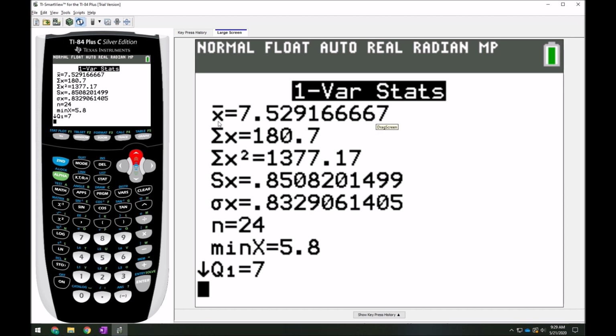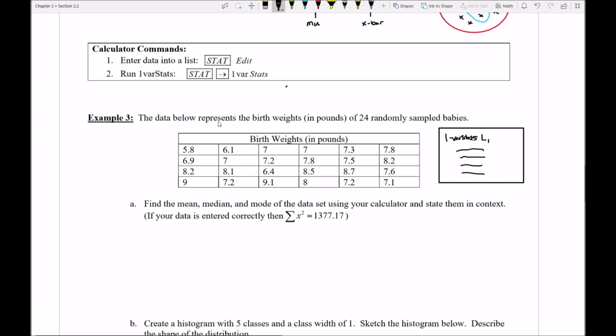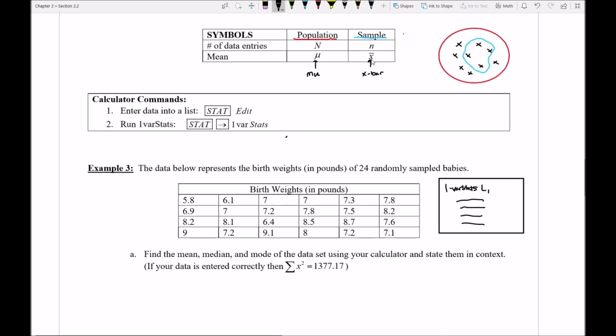Strangely though, the calculator doesn't know what symbol to use for average. Remember that we had actually two symbols. We had mu and x bar. The calculator doesn't know whether we entered a population or a sample, so the calculator is always going to default to assume that you had a sample. If that's not what we had, then we need to make sure that we adjust and use the appropriate symbol